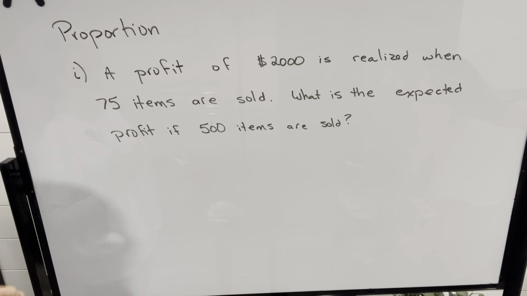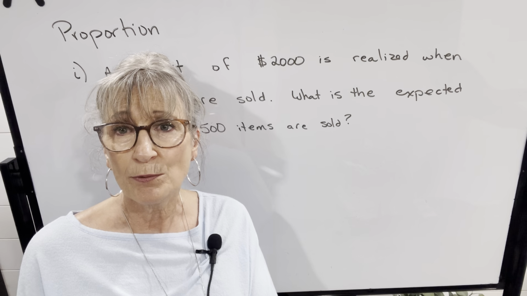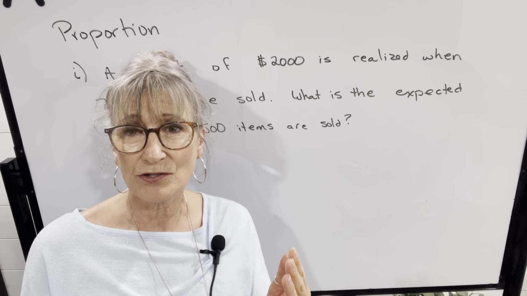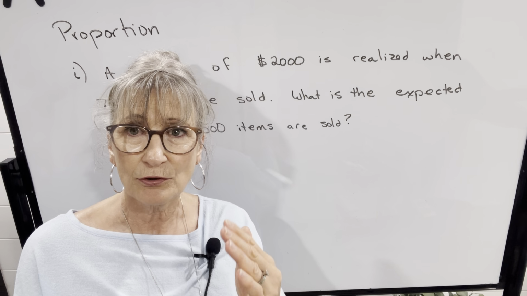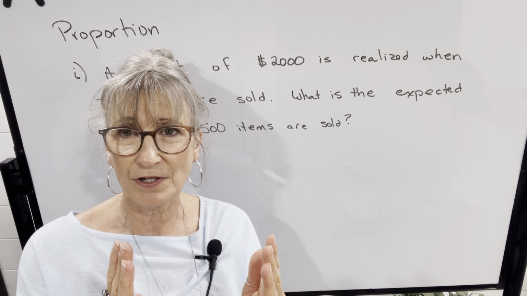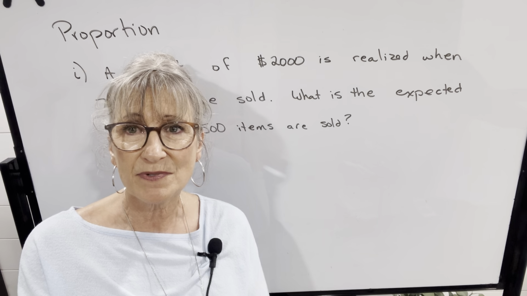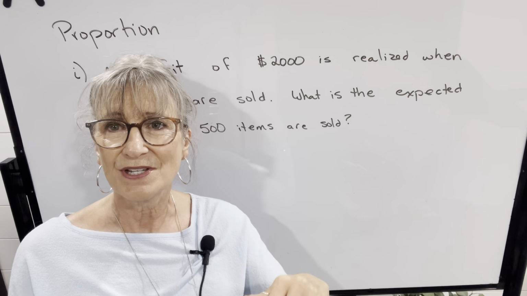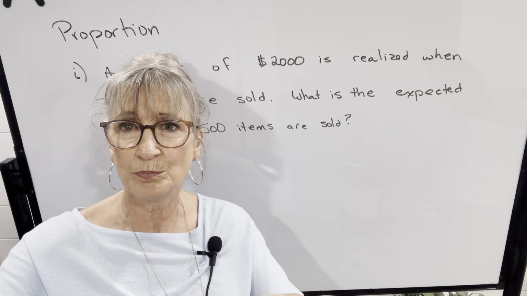So this example says a profit of $2,000 is realized when 75 items are sold. What is the expected profit if 500 items are sold? We know that this is a direct proportion. If we were to double the quantity of products sold, we would expect to double the profit. So as one value increases by a certain factor, so does the other value. Similarly, if we sold half the number of items, we would expect half the profit. So if the quantity is reduced by a certain factor, we expect the other quantity to be reduced by that